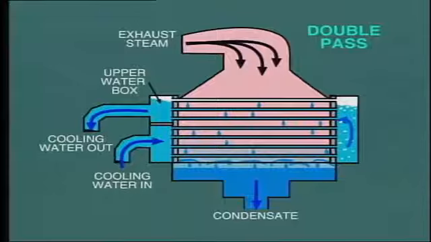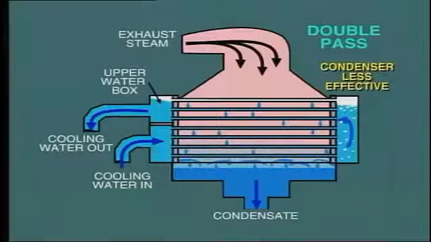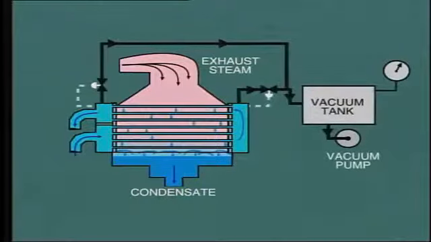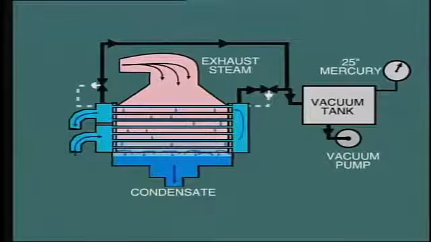The result of this reduction in heat exchange will be that the condenser is less effective and the turbine back pressure increases. The siphon connection prevents this from happening by drawing off the air at the top of the water box and piping this into a vacuum tank. The vacuum in the tank is maintained at about 25 inches of mercury by small vacuum pumps that are intermittently